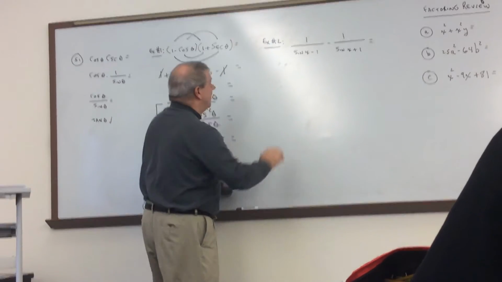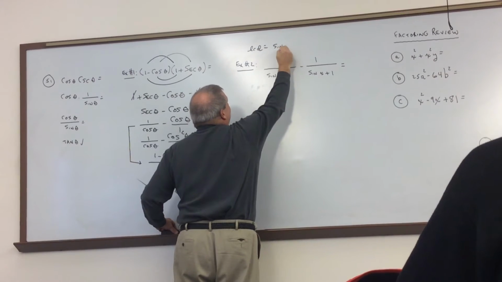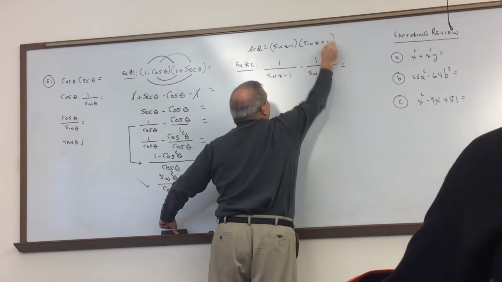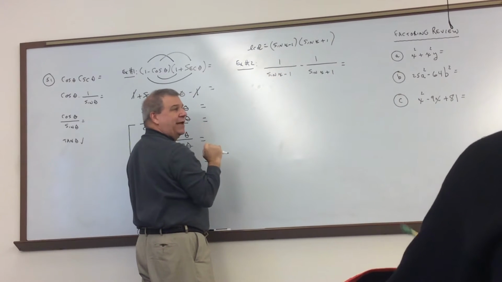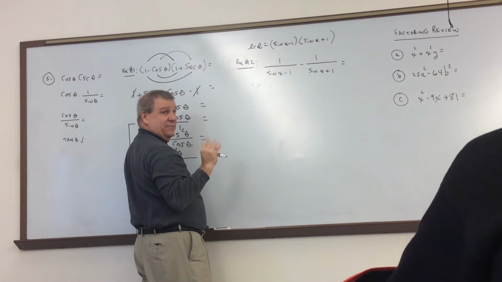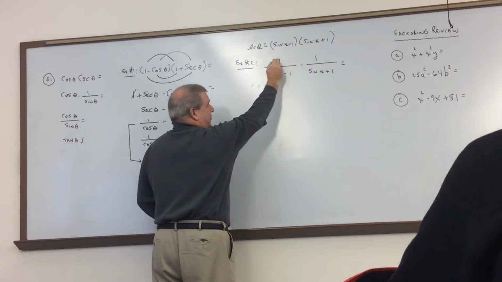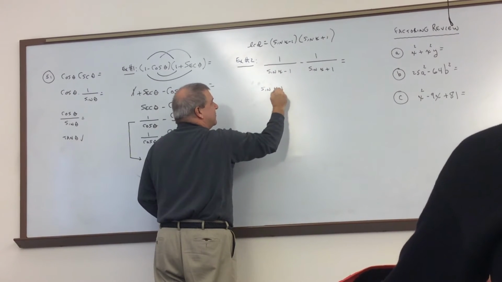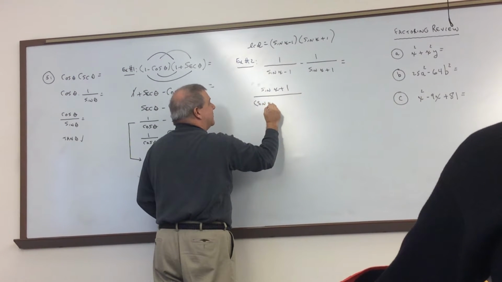So the common denominator here, I don't care if you write this down, would be sine of x minus 1 times sine of x plus 1. Okay, now somebody, what do you have to multiply the first fraction by to get that? But be careful here. Jack. Okay, so there's just a 1 up there. So if you times by sine of x plus 1, isn't that going to be sine of x plus 1 over, now, let me just,